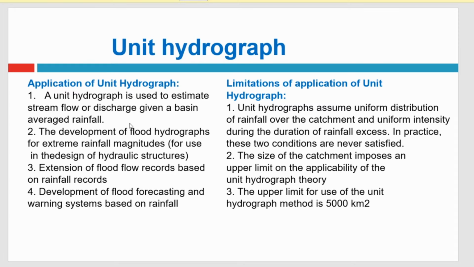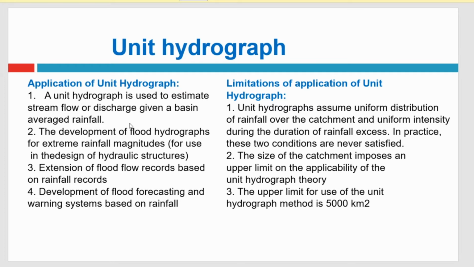Okay, now this is the first thing. The next thing is the application of the catchment area. If the catchment area is greater than 5,000 square kilometer, you cannot apply it, because imagine if it is 5,000 square kilometer, there are different kinds of rainfall periods. The rain doesn't happen for the entire basin at the same time, so the basin becomes totally away from what the reality is, right? So that's why you cannot apply the unit hydrograph for basins larger than 5,000 square kilometer. Okay, right? So this is the limitation of the application of the unit hydrograph.